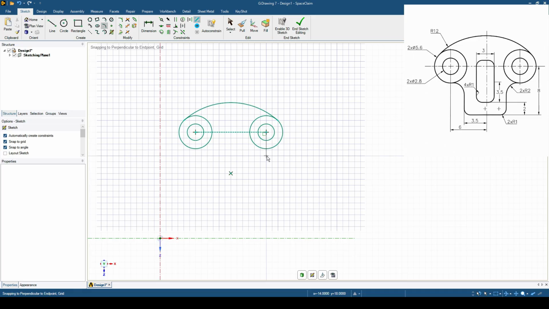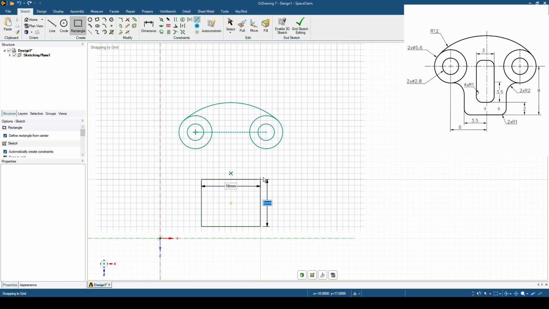Now let's draw the square form at the bottom line, and it should not be right from the beginning. So let's try to draw it first, and then we can move it to the right position. So I'm going to choose a rectangle. I define a rectangle from the center, and I'm going to draw a rectangular form. It has a side of 3.5 multiplied by 2, so instead of 10 actually,